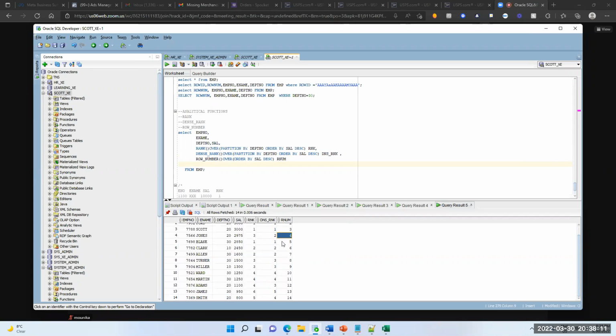But your criteria is clear, right? Rownum and row_number difference will be there here. Rownum will be based on the result set, and that is a pseudo column. This is a function based on criteria, whatever you are giving, salary descending order. So whose salary is the highest, that will come on top, and the rest come after. The ranking will give like that only. Clear, guys? Maybe it is a bit confusing, but when you are writing the queries, you can understand. Start writing the queries on rank, dense rank, row number, and then ask me questions if you have any.